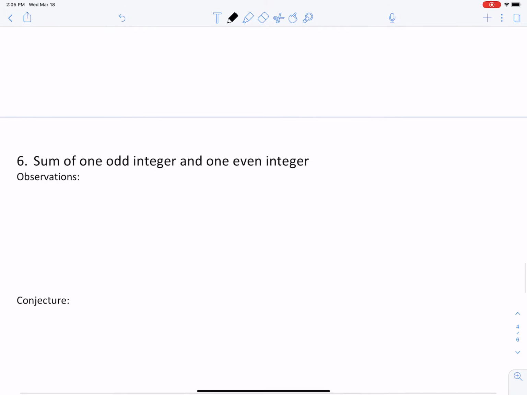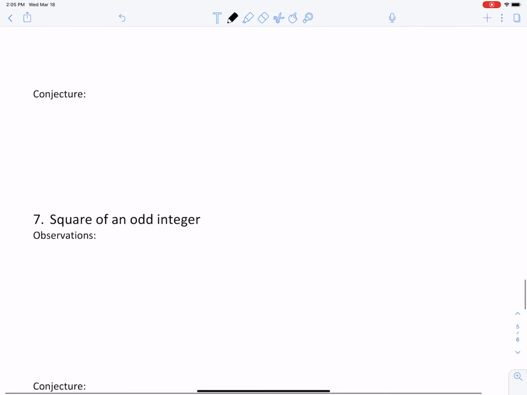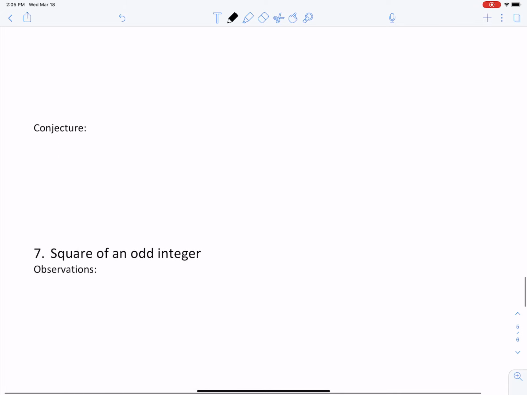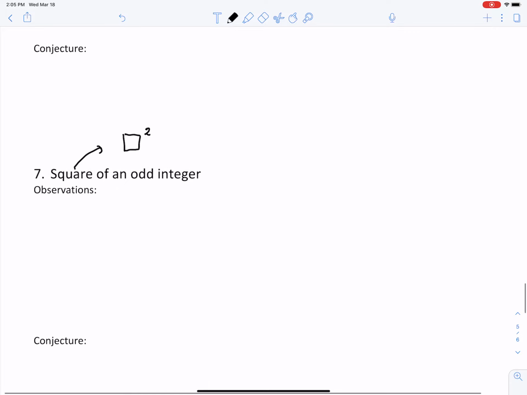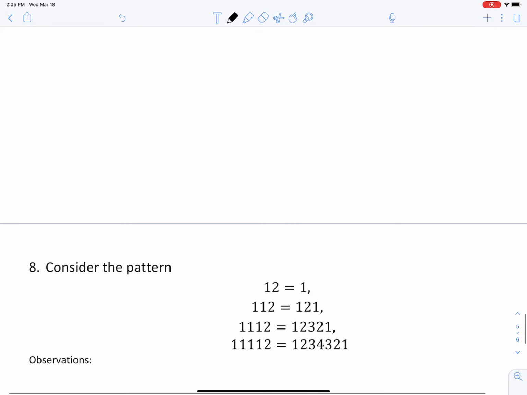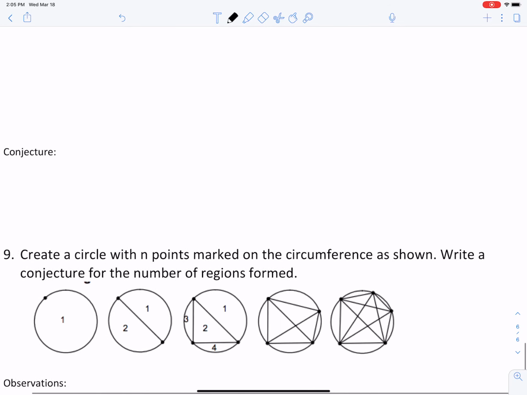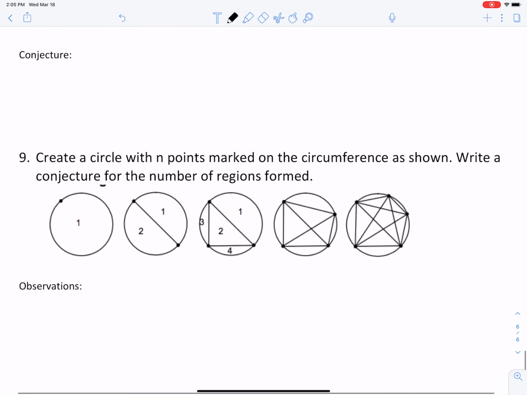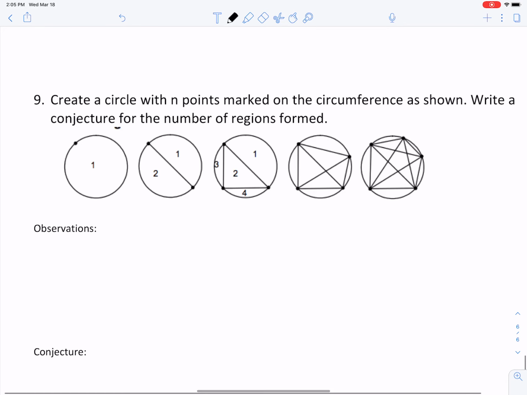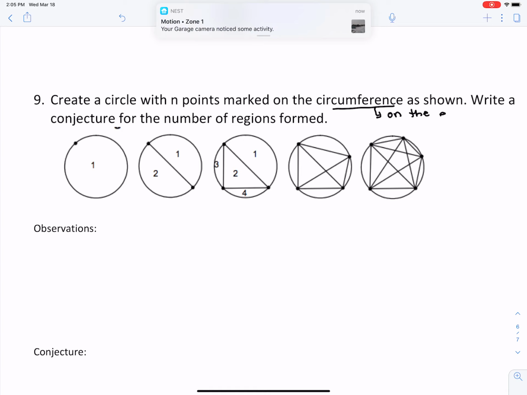Sum of one odd integer and one even integer. Square of an odd integer. So square means you're taking your number and putting the symbol 2 as an exponent. Number squared. Okay, there's a pattern there for you. Circle, circumference, these are words that you may need to think about. On the edge of the circle,